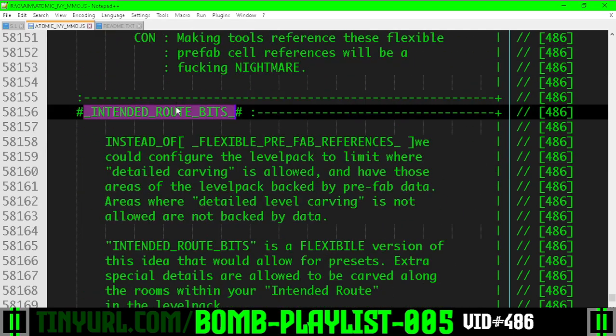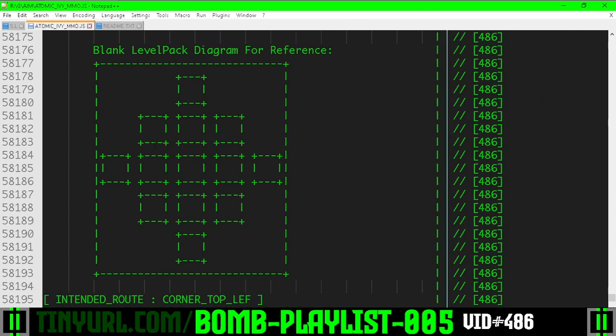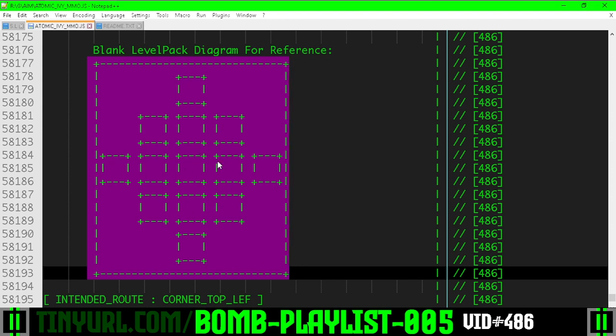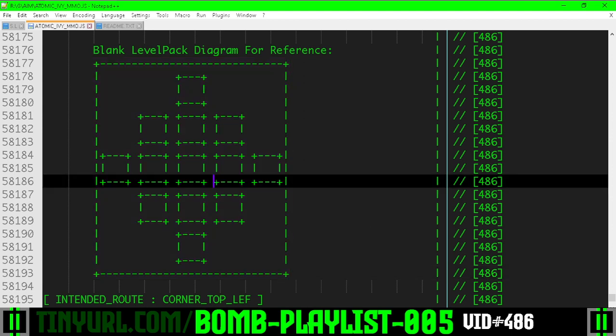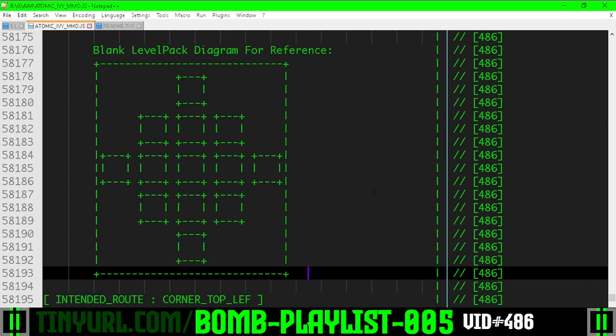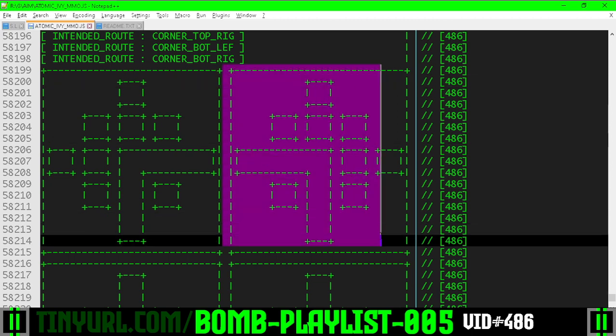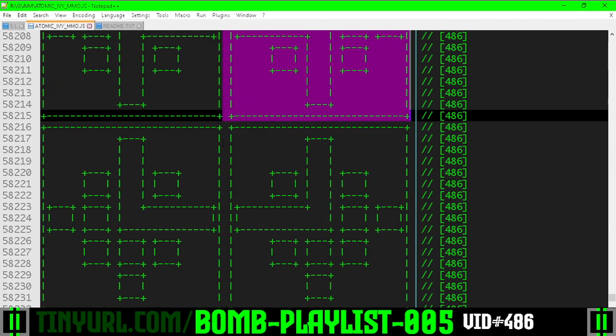So, we got these intended route bits, and it's a way to pre-declare a path of entry and exit within a level pack, right? Because these level packs are stitched together in a larger world map, and the only enter and exit points are these points here, right? These are the only points that connect to other level packs when we're stitching everything together. So we have these different routes that we can kind of pre-declare